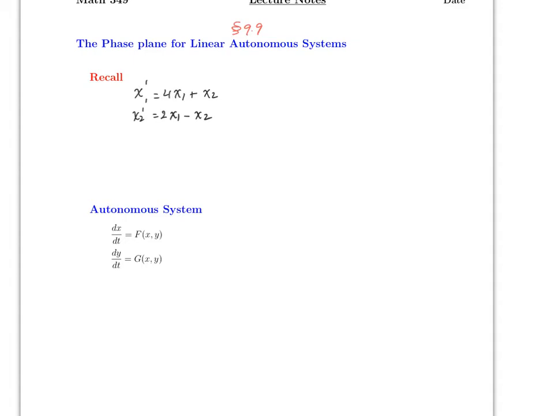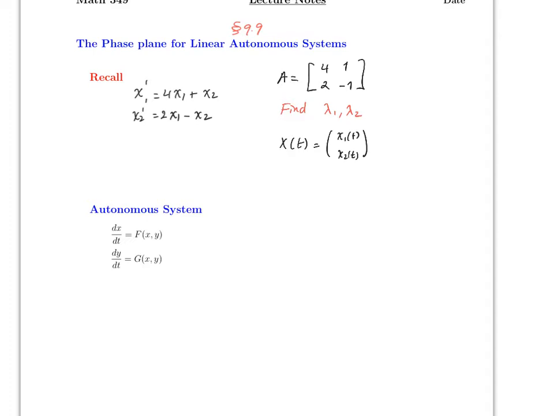Remember that to solve these problems, you have a matrix A, which in this case is [4, 1; 2, -1], and then you find the eigenvalues lambda 1, lambda 2, and then the solution to x of t, which remember was x1, x2,